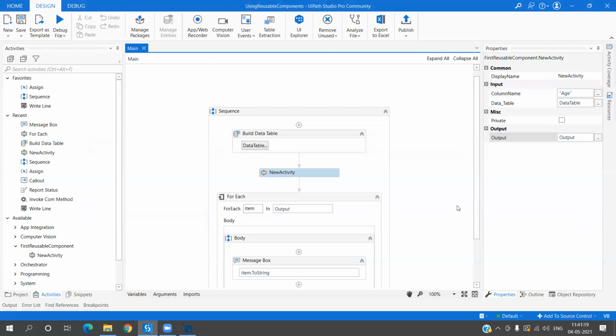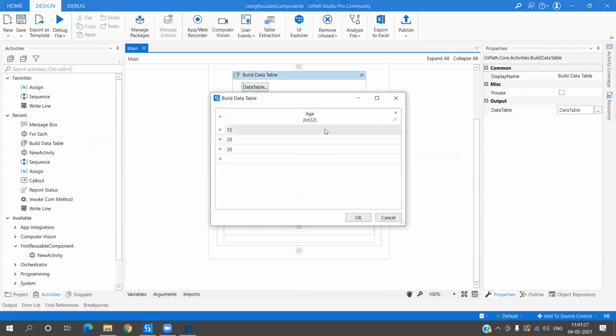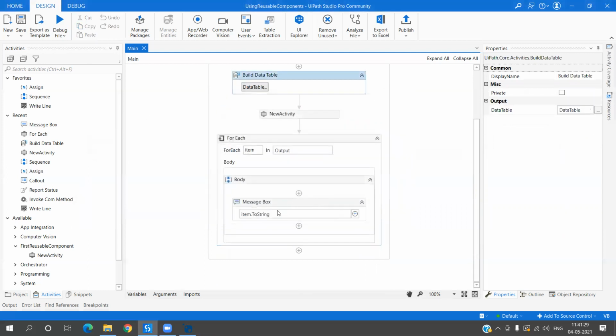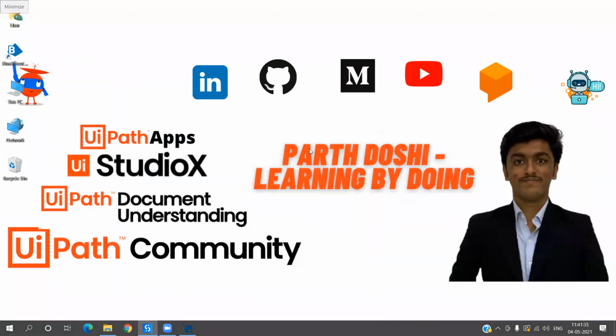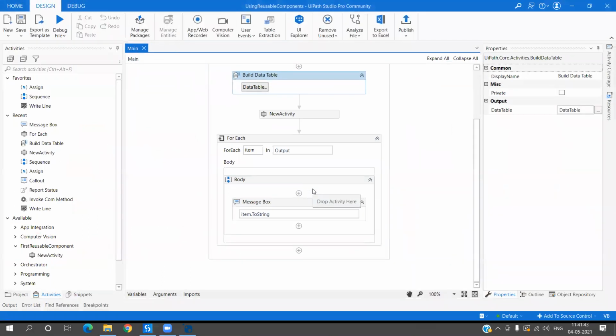In the for each, I'm using that output and displaying my values. The column here is age, so I should see three values in the message box. Let me just run the file. So 15, 20, and 30. We had the complete column converted into a list which you can use for further processing.